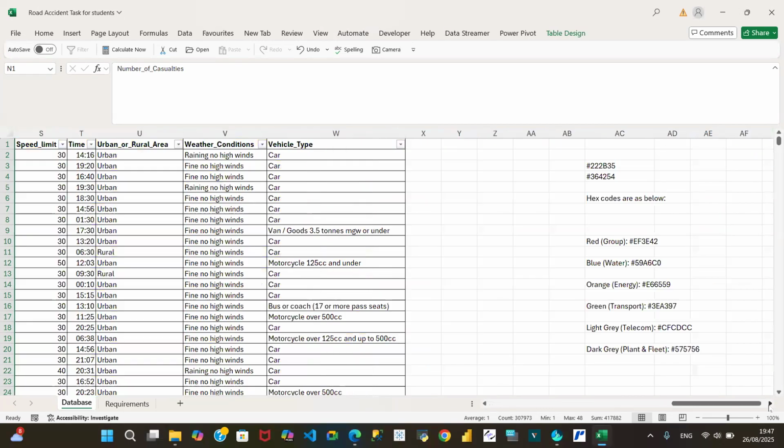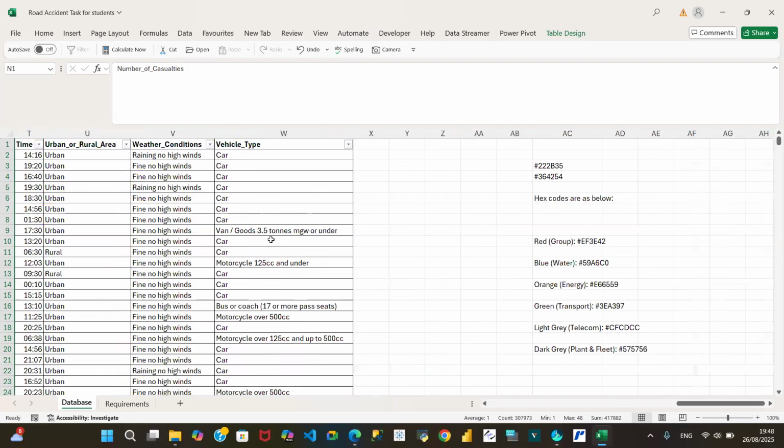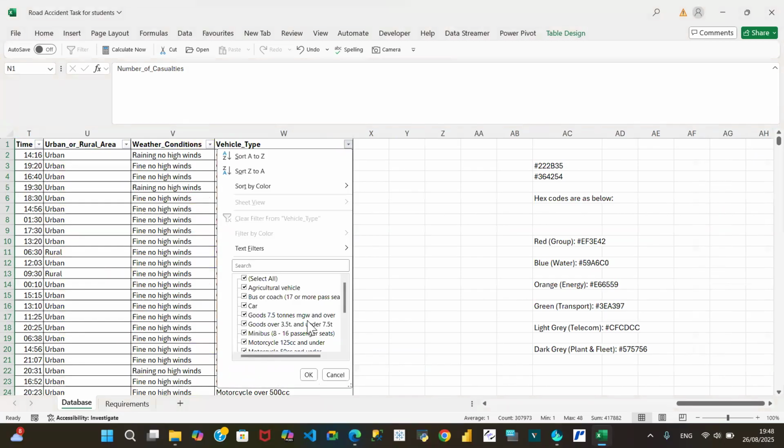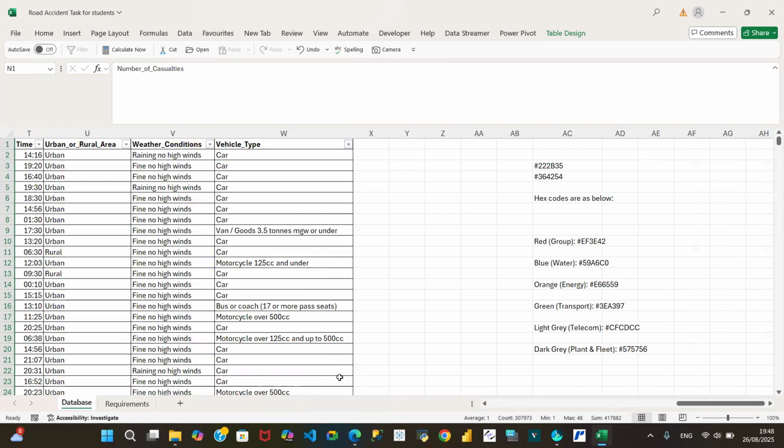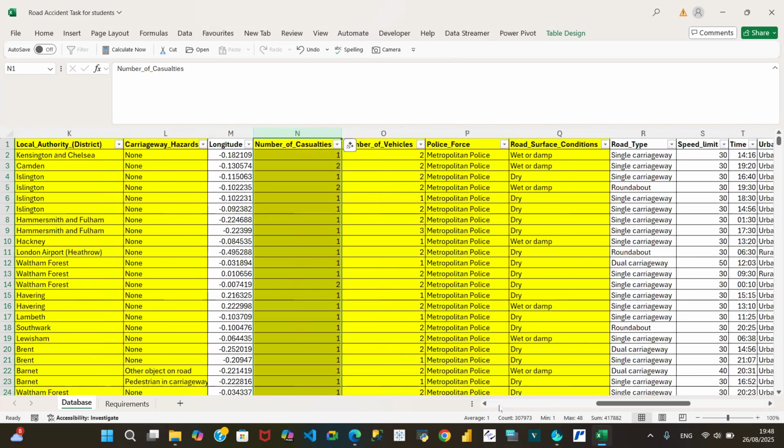How many were by cars? How many were by van? How many were by all these minibuses, motorcycles? How many people fall casualty by these vehicle types? We want to group them. Then we want to also look at them by road condition. How many casualties